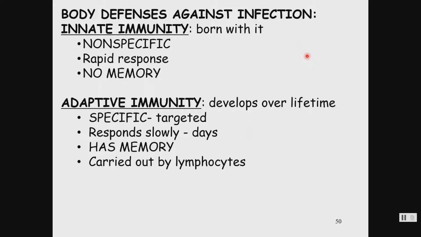So we're going to talk about the immune system, and I'm going to break this into two parts. We have the innate immunity, and we have what's called adaptive immunity. We are breaking this down to study it, but I want you to know that all branches of the immune system are functioning at the same time, and they do somewhat overlap.